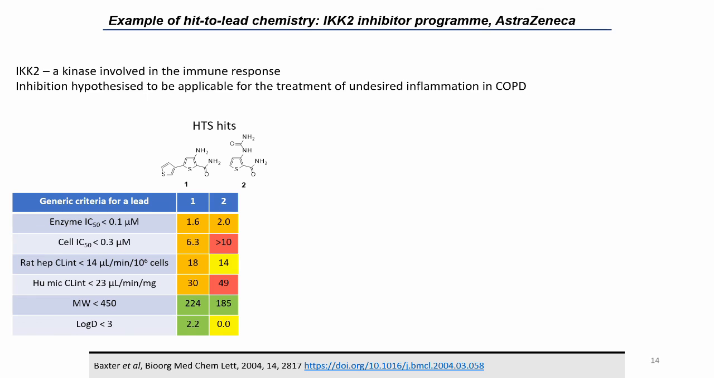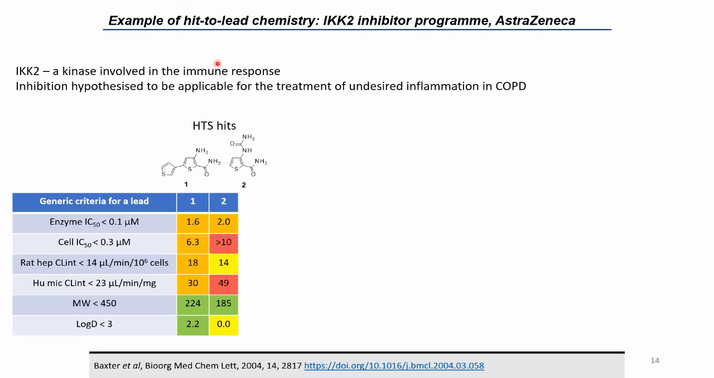So as an example of hit-to-lead chemistry, I've selected an IKK2 inhibitor program that was run by some colleagues of mine at AstraZeneca a few years ago. IKK2 is a kinase enzyme. It's involved in the immune response, and inhibition was hypothesized to be applicable for the treatment of inflammation in chronic obstructive pulmonary disease. So amongst the hits from high throughput screening were these two compounds I've called 1 and 2,